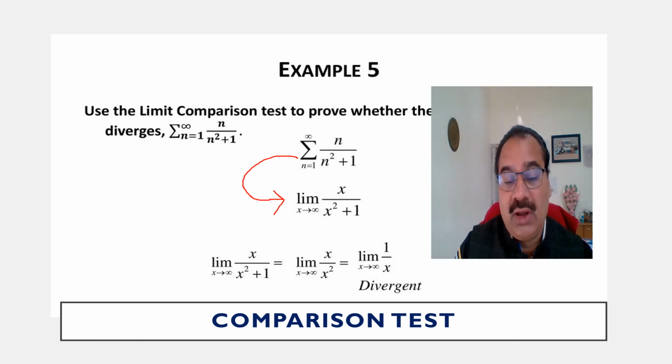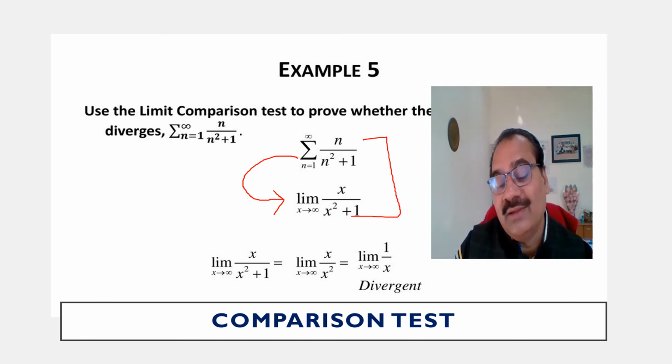From here you take n, from here you take n square, then you will get 1 by n. 1 by n is a divergent series. Okay, so you can do the problem. Similarly, I have already taken this solution from a different author. It means this is also a way to calculate. So if you are going through books and looking at various other resources, don't get confused. You may write like this also.